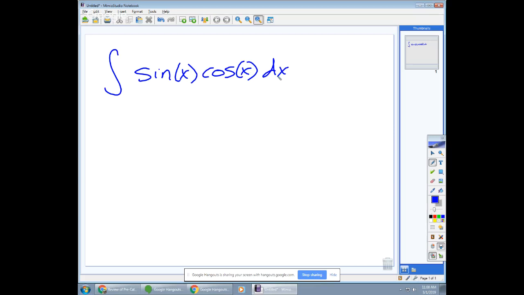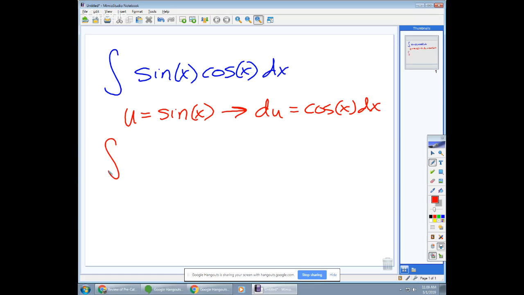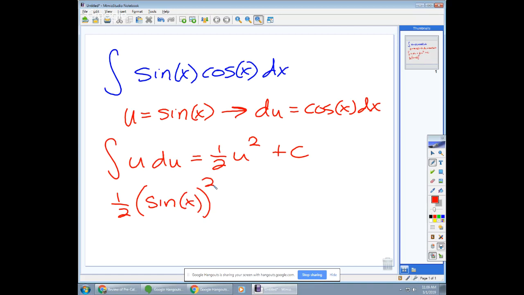Let u be sine, yeah. Or we could let u be cosine in this case, but I'm going to go for sine. So let u be the sine of x. Then du would be the cosine of x dx, which is lovely because I have u and du sitting there with no fiddling. So this becomes the integral of u du. Antiderivative for u? One half u squared plus c, and then we put sine back in, so we get one half sine of x squared